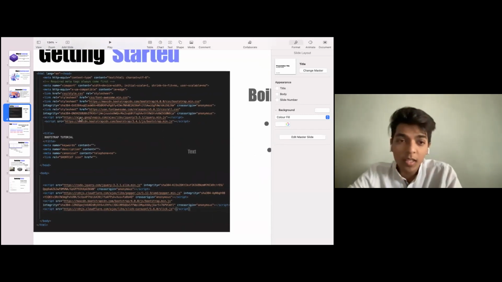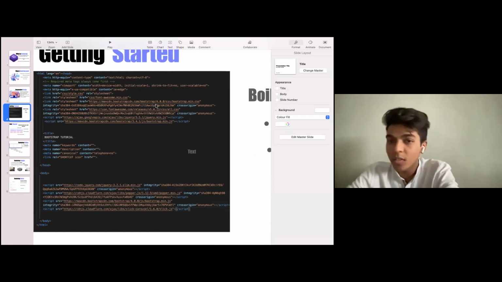Please don't ask me what all that is written there, because that is something Bootstrap has provided us with, and there's no point in writing or learning what that exactly is. Basically, this is a CDN that is provided by Bootstrap 4.0. 5.0 is the latest version that has been released, and you can also use that. It has a lot of new and compatible features and is a much better framework. But for the basic part of this webinar, I guess Bootstrap 4.0 is good to go.